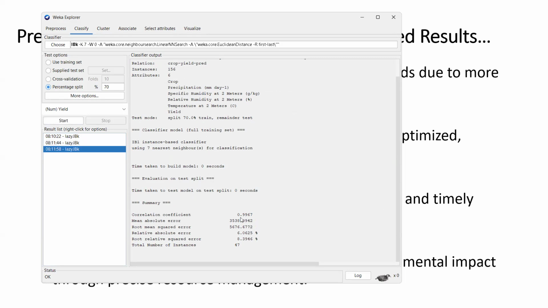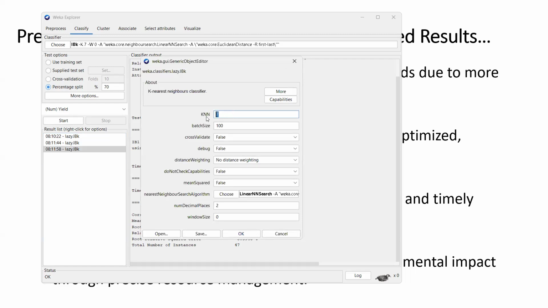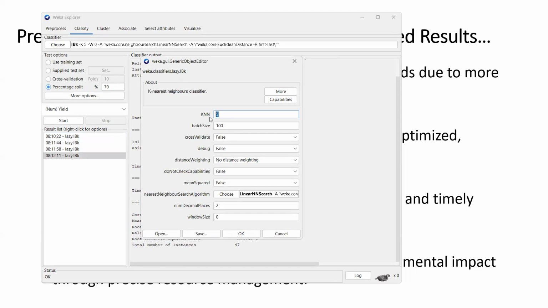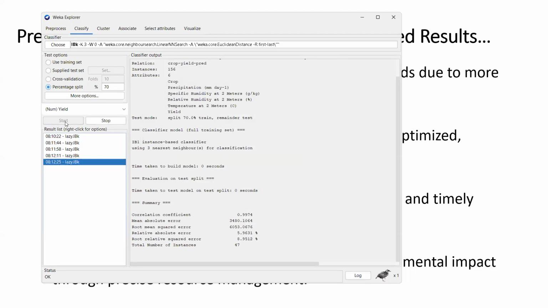It went back to 0.996 now. So it means it's getting bad. So I go to 5. K is equal to 5. You play with the value of K as much as possible. So it's 0.996. It seems we are getting the best value at 3. We are getting the best value at 3. So 0.9974. At this point, it's very high. It's a very good performance.